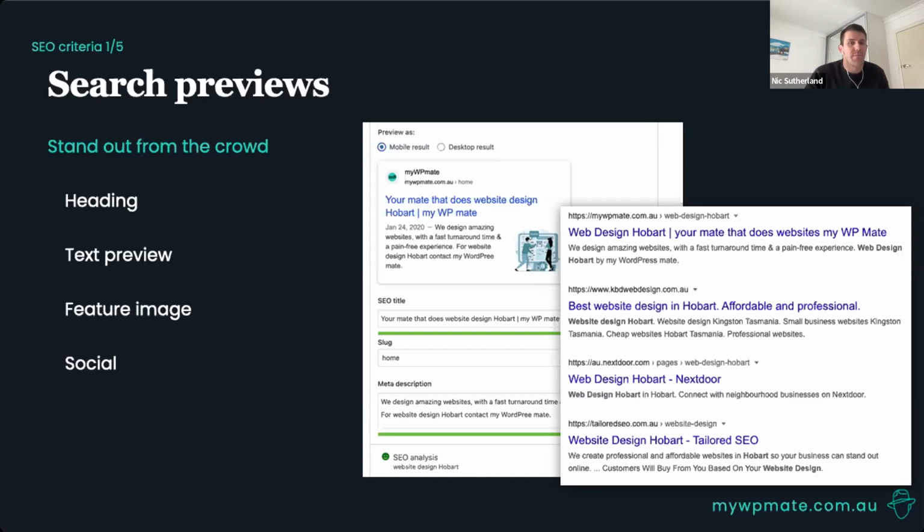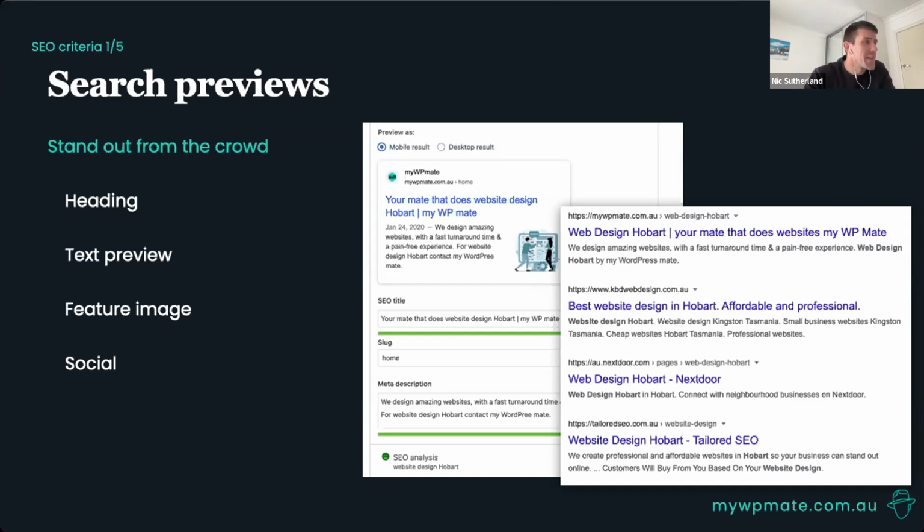So search previews, these are the top level and the most important thing that a lot of us are already doing. With all websites, we have the ability to specifically craft the appearance of our page so that it shows up exactly how we want it in the search results. This one step can attract the eye of a discerning searcher simply because it looks coherent and it's logical.